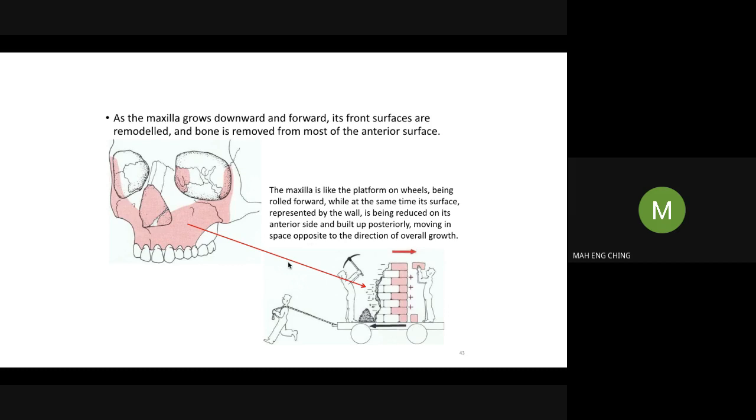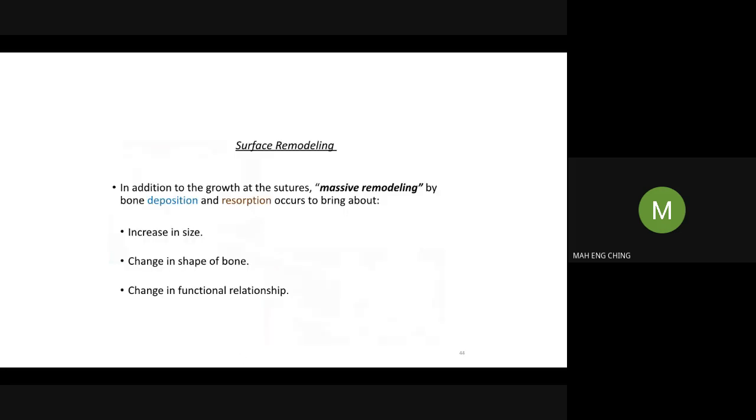So you see in this picture, when the maxilla grows downward and forward, some deposition and resorption occur. Otherwise, the whole face will move forward, which is not what we want. Usually only the alveolar process will grow a bit more than the maxilla. So the maxilla must be remodeled when it grows in the downward and forward direction. So surface remodeling, again, is the plus and minus sign we showed in the picture just now, which means